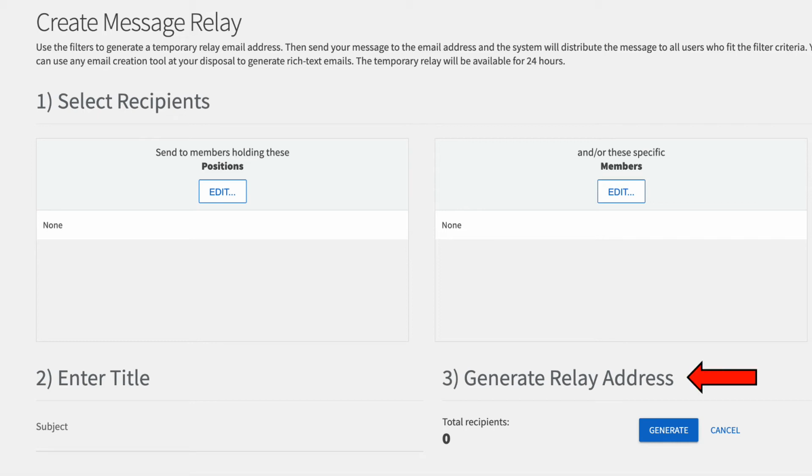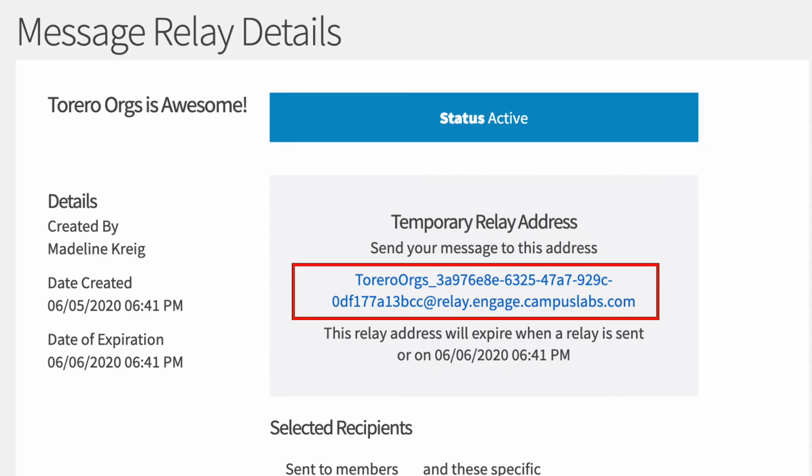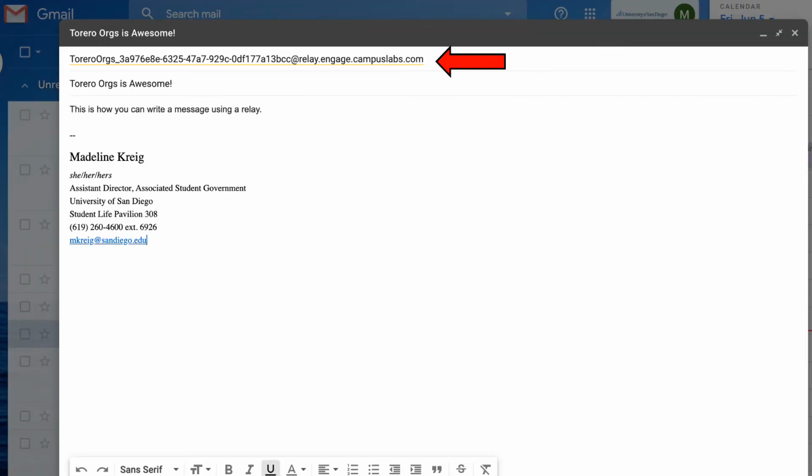Next, select Generate Relay Address. This will create a link which you can copy and paste into the To section of your USD Gmail. From there, write an email as you normally would, and it will send to everyone who you selected when creating the relay. You'll need to create a new relay every time you send an email, since the address is only